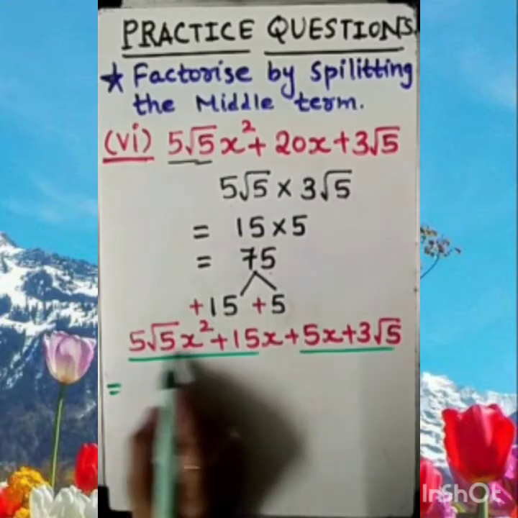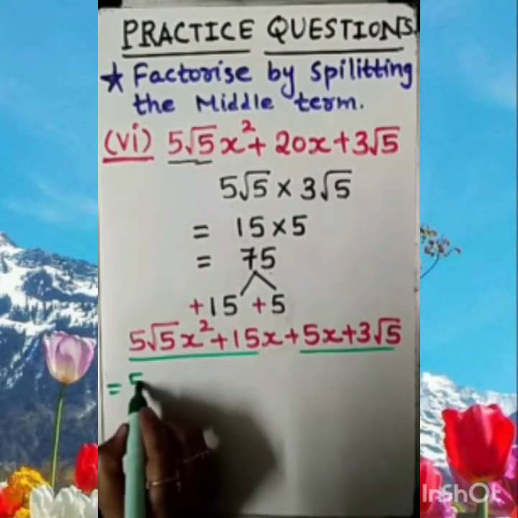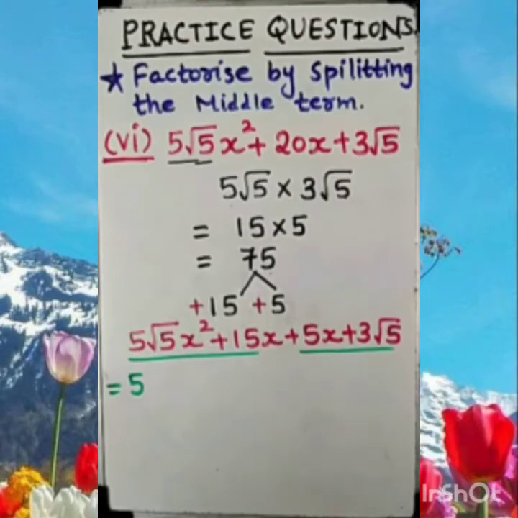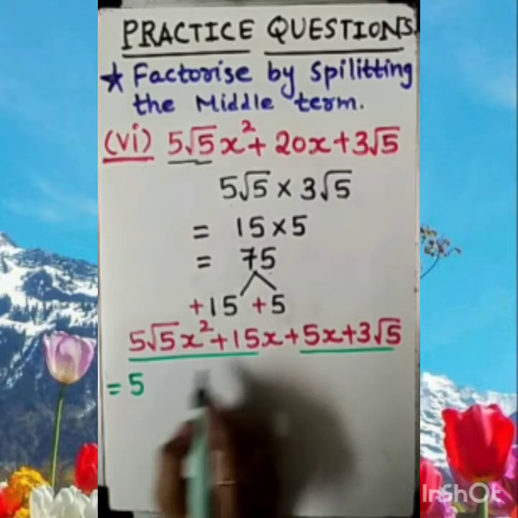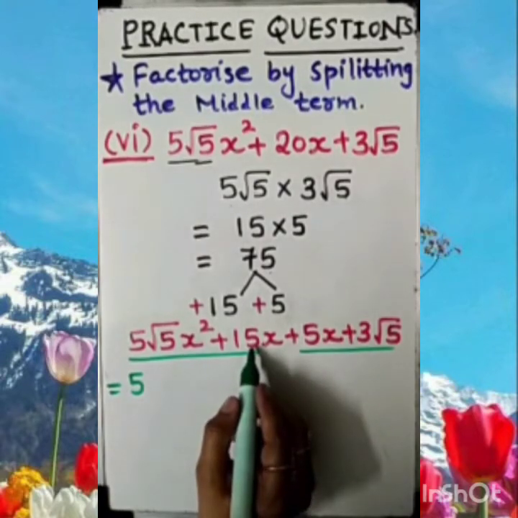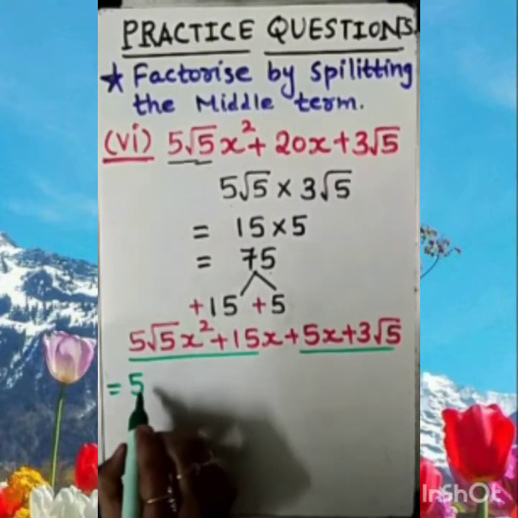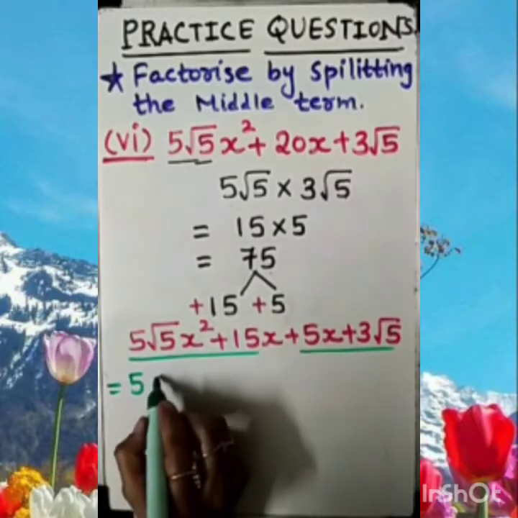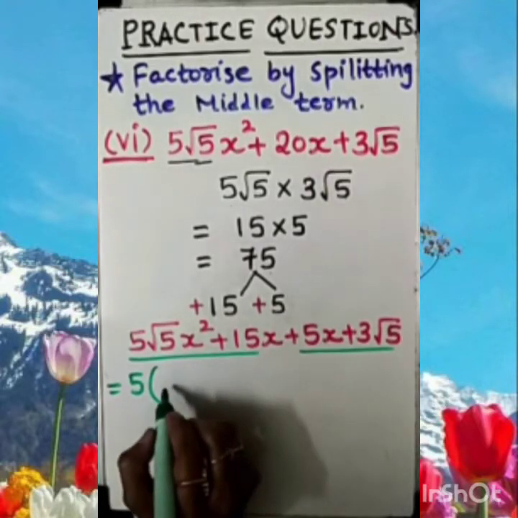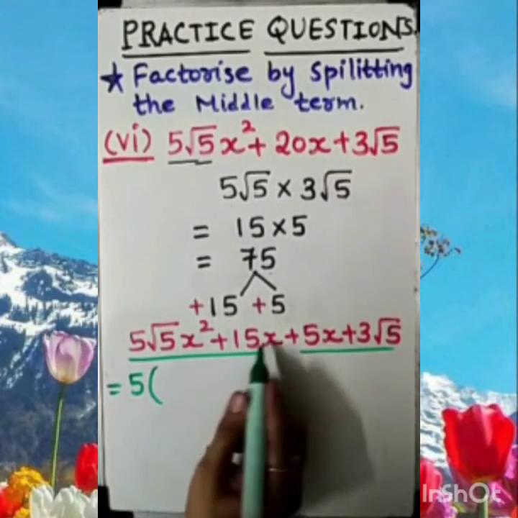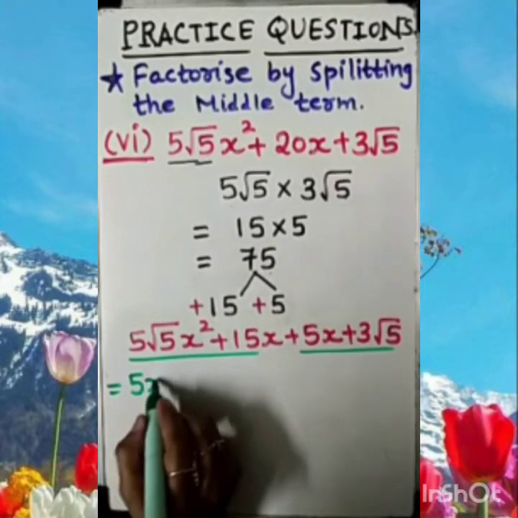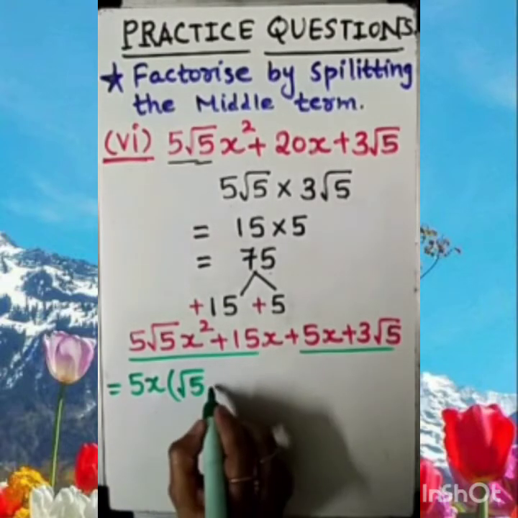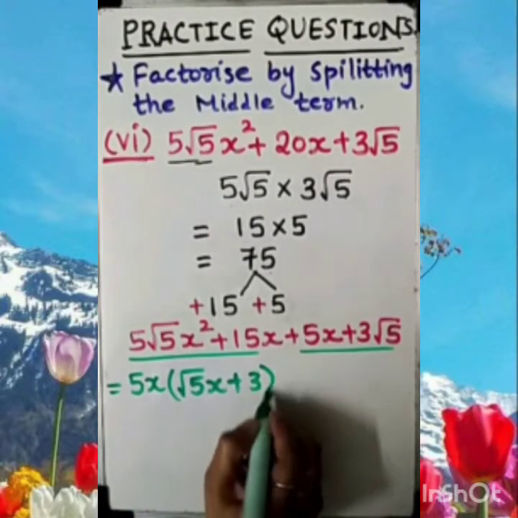From the first two terms, you can see here 5 is common. Anything else should we take out common? Let's see, except 5, 5 I have taken. So what will be left? Here it is actually 15. So can we take out root 5 also as a common factor? We can try as much as possible; if not, then let it be as this. So what do we have here? x is also common from this. So I am taking 5x common. I will have root 5x left here and 3 from 15.